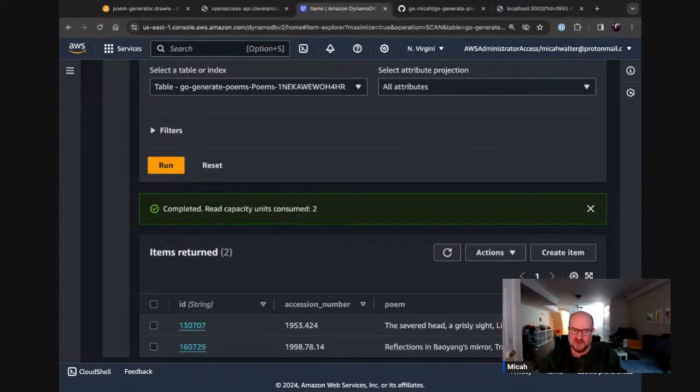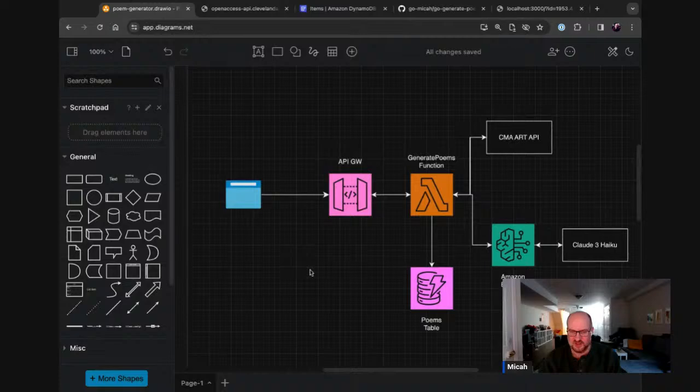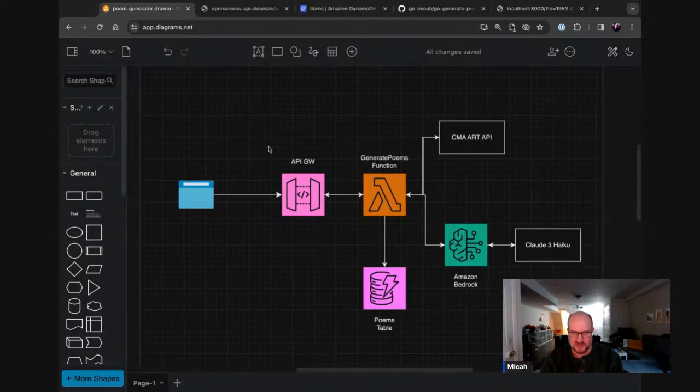So let's take a look at this architecture because here's what I want to talk about. What can we do with this thing, right? So basically, we created this service, and it generates poems. It stores them in a database. It sort of acts like a cache, so we can retrieve those poems if they exist. If not, we're going to use Bedrock to generate them. Lovely, it works just fine. But what are we going to do with this thing? So I have a couple ideas, and this is what's fun about this for me, is that we can create several things with this because we basically have a little service here now.